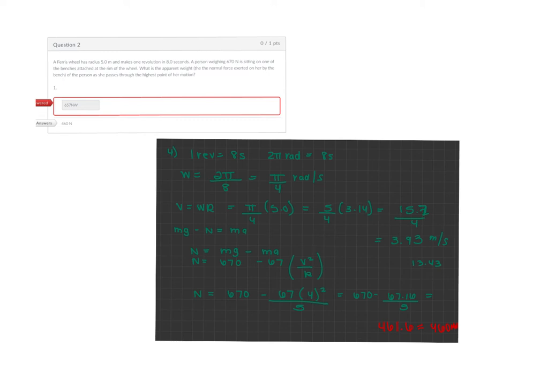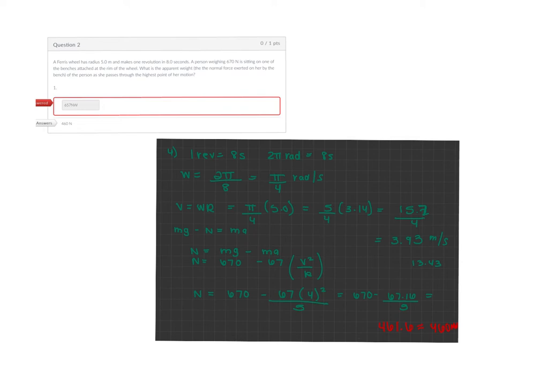So this problem I originally did wrong, but then I found out where I messed up, and now I understand it. So basically, one revolution is 8 seconds, so that means that all around, 360 degrees, which is 2 pi radians, equals 8 seconds. So now we have to find the angular velocity, omega, which is 2 pi over 8, which is pi over